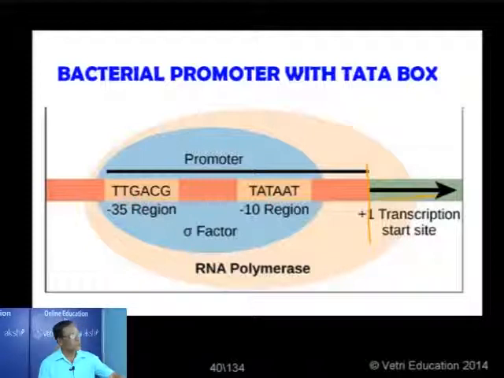Now we see the RNA polymerase, the large brown colored one. It needs the help of another, the sigma factor. The light blue oval represents the sigma factor. Both are found attached to, or binding to, the promoter. Then the promoter directs the RNA polymerase to reach the starting site. The starting arrow mark represents where you have the plus 1. This is what is called TSS, the starting site,